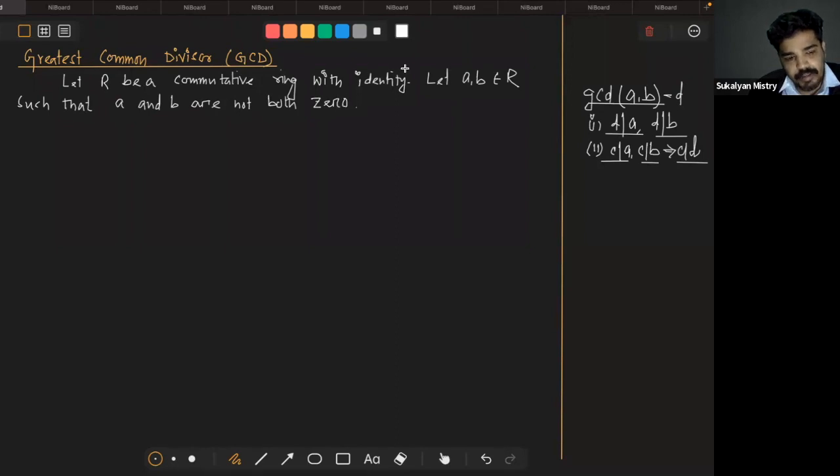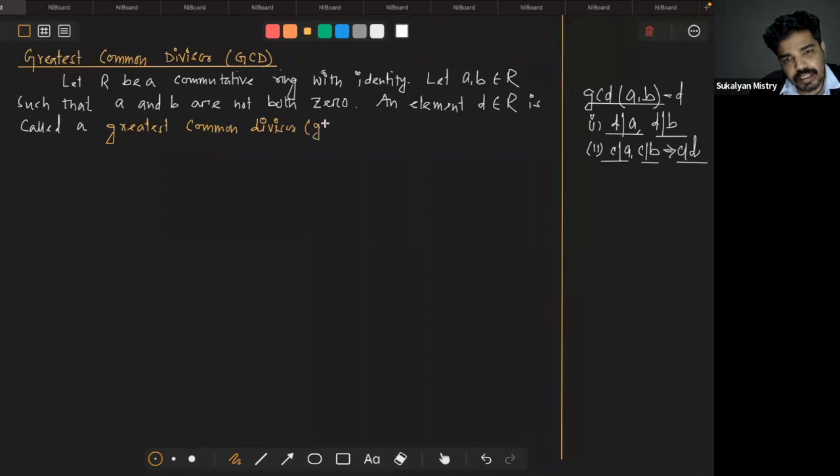An element d belonging to R is called a greatest common divisor, that is GCD,